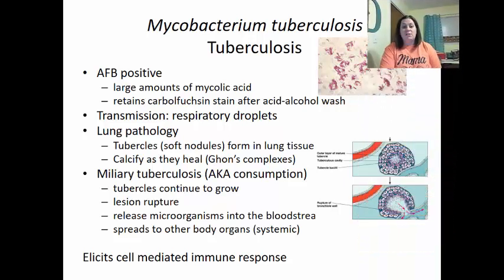Miliary tuberculosis, also known as consumption, is where the tubercles continue to grow. The lesions will rupture, which then releases the microorganisms into the bloodstream. This causes more issues because then it spreads into other body organs and it starts to become systemic. This type of infection elicits the cell-mediated immune response, which means sensitized T cells. This is why we can do what we call a TB test, the tuberculosis test, where you